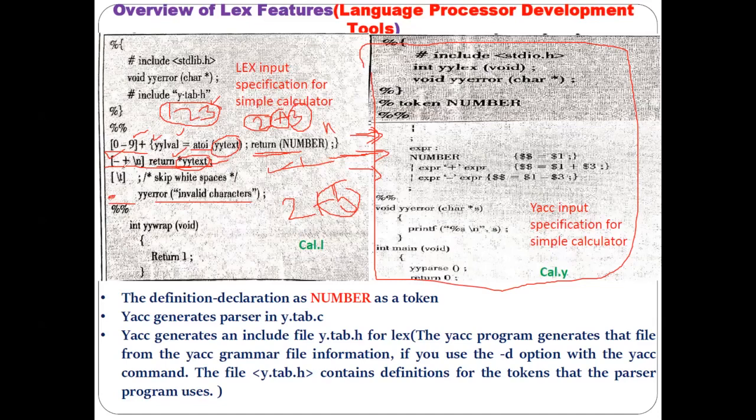Understood? And in the calculation operation you also need to mention the operators. So if you write anything apart from the digits and the operator there, it will get matched with the dot, and which action will be performed? The YY error function will be called. Which function? YY error function. What is this YY error function? This is the inbuilt function which will declare the error. Regarding what kind of error? Invalid character.